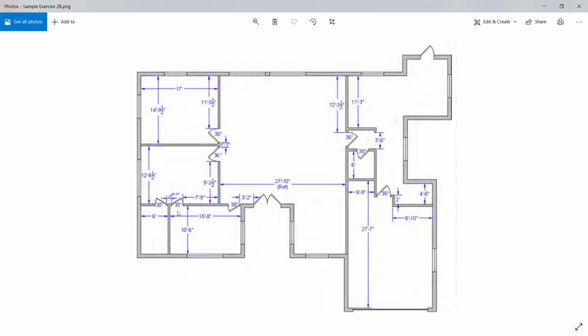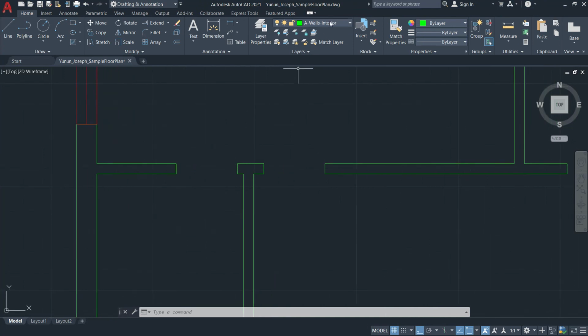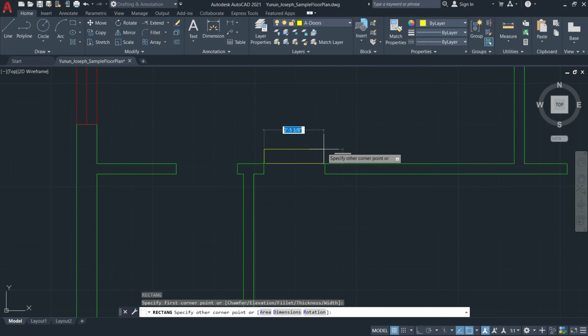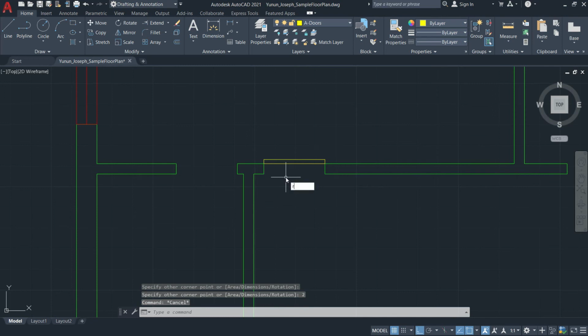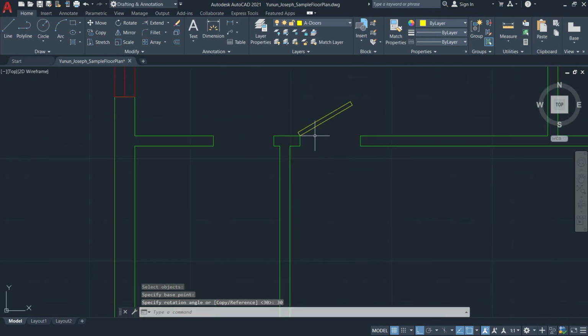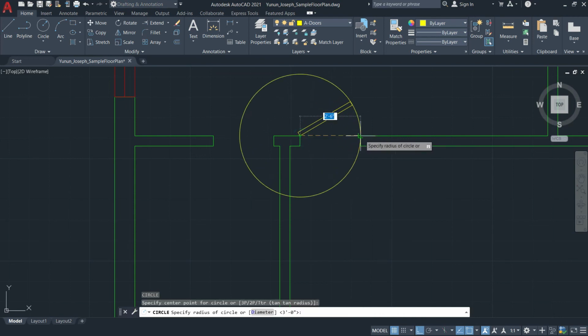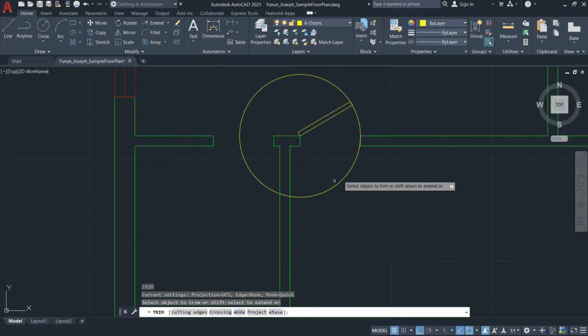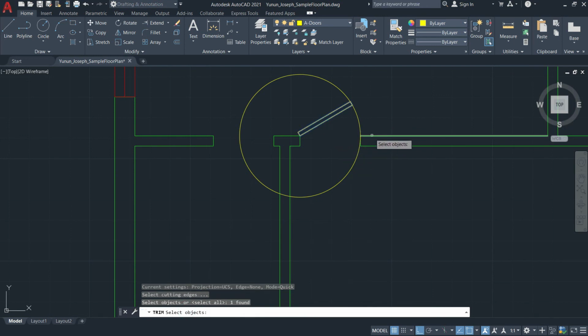Okay, so probably this is the start here. So I just change this one to the door layer, then rectangle, then this is 3 feet, or I mean 30 by 2 inches, and then I'll just rotate that by 30 degrees from this corner, say 30. Then I'll just draw a circle, then I'll just trim with the cutting edges, and then I'll just remove this portion here. Then I'll just mirror,